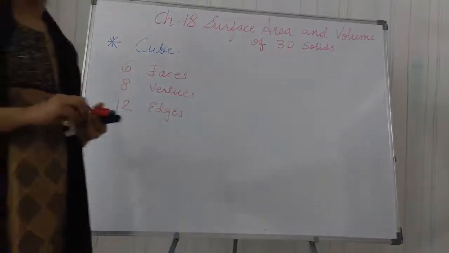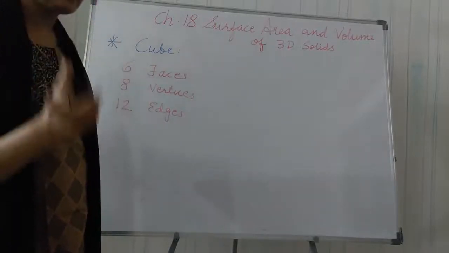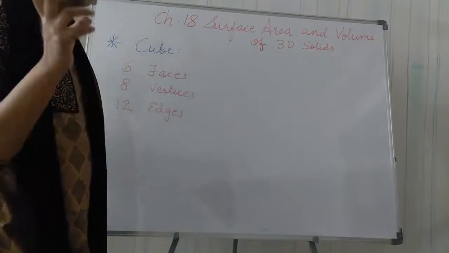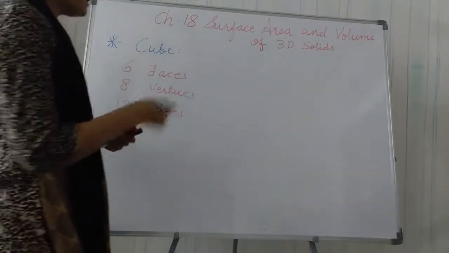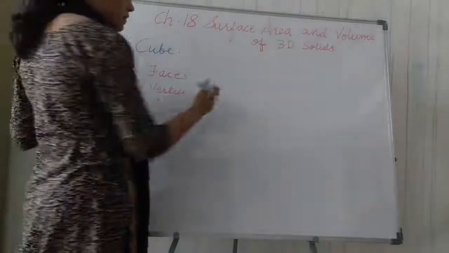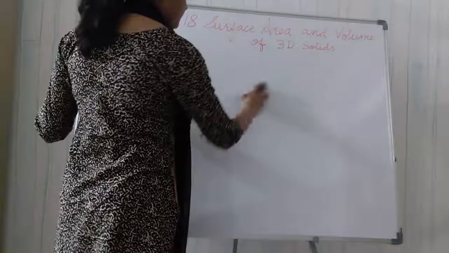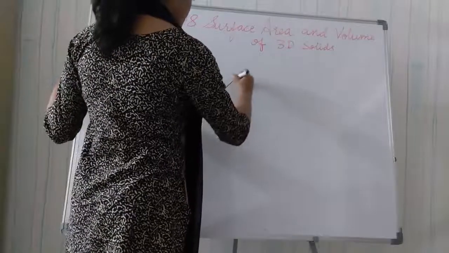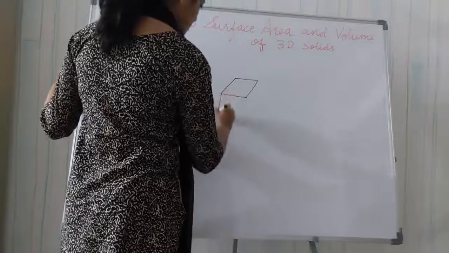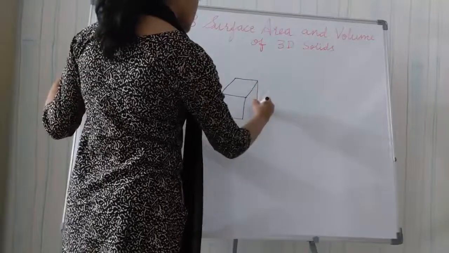Only students, the surface: you see in cuboid all the faces are of rectangle shape, but in cube all the faces are of square shape. So let me draw here one cube for you. That is also a three-dimensional figure, students, as you know. So I am trying to draw this. Actually, it is not possible to draw the perfect way, but a sort of that.